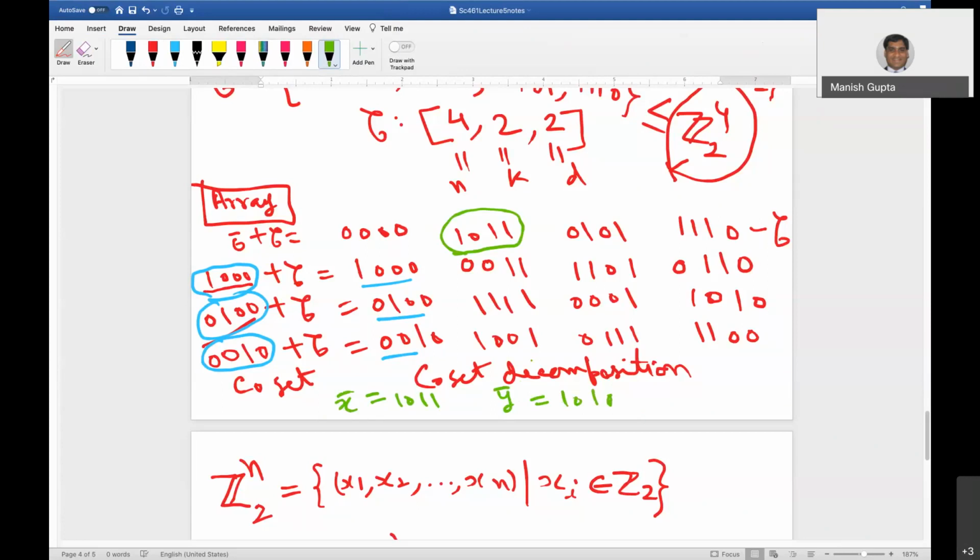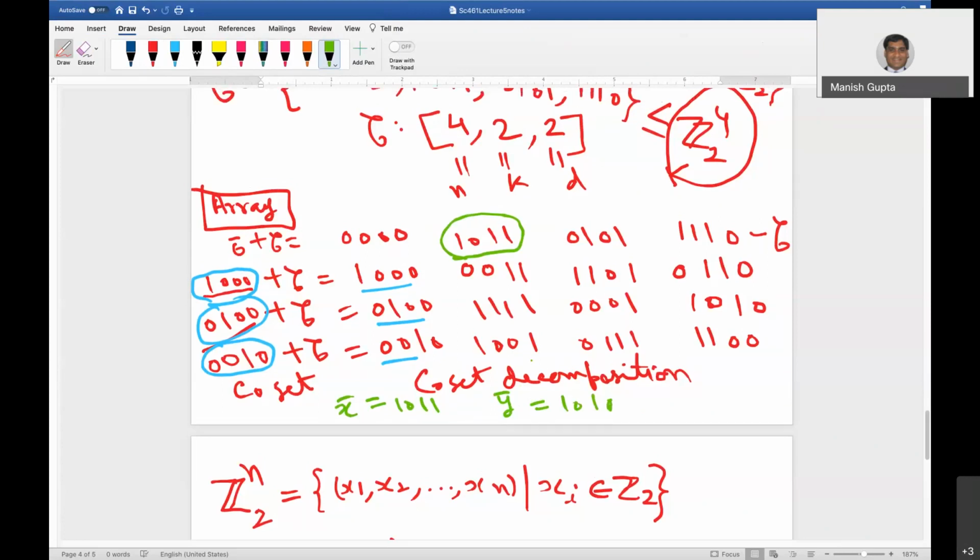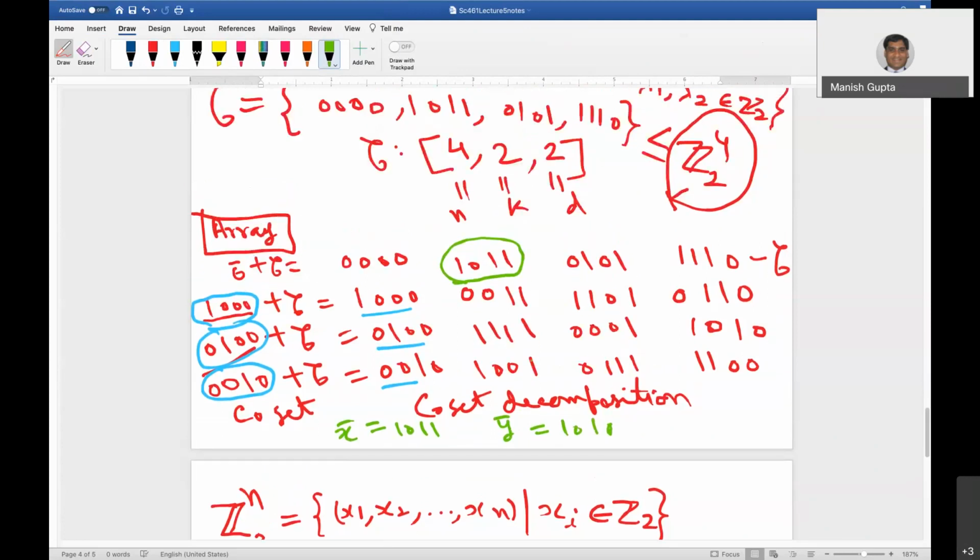It's really interesting, actually. I have taken this example purposefully to show you, because the distance is 2. So how many errors can we correct? D minus 1 by 2, so 2 minus 1, 1 by 2. So we will not be able to correct any errors. Essentially, if you want to correct the errors, sometimes we will be able to correct, sometimes we will not be able to correct. I'll just explain that if x is sent as 1011 and y is 1010, so you see that 1010